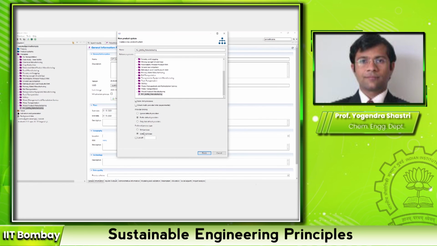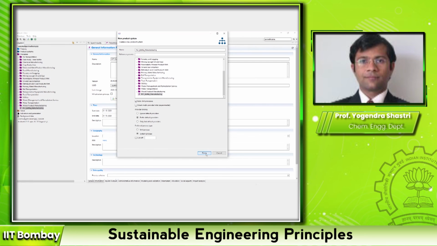And there is the option I talked about, unit process or system process. Unit process will only give you limited information. System process captures everything upstream. So by default, don't change these options. You can just say auto link process, prefer default providers, prefer system processes.